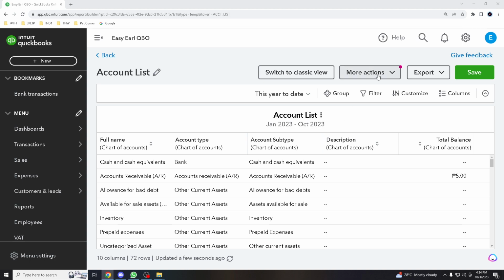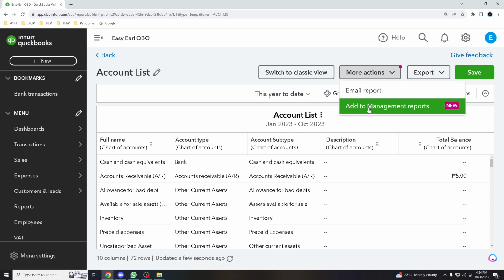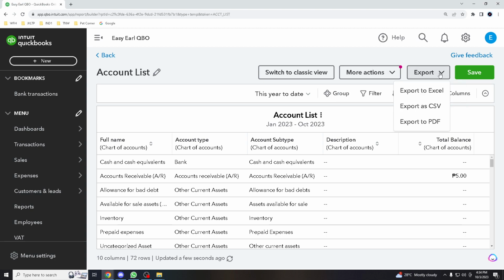all I gotta do is, you see some options here at the upper right, which says more actions. You can actually email the chart or add it to management reports, but we're not gonna deal with that. All we gotta do is hover here to the export. So now you are given plenty of options: export to Excel, export as CSV, or export to PDF. Let's say